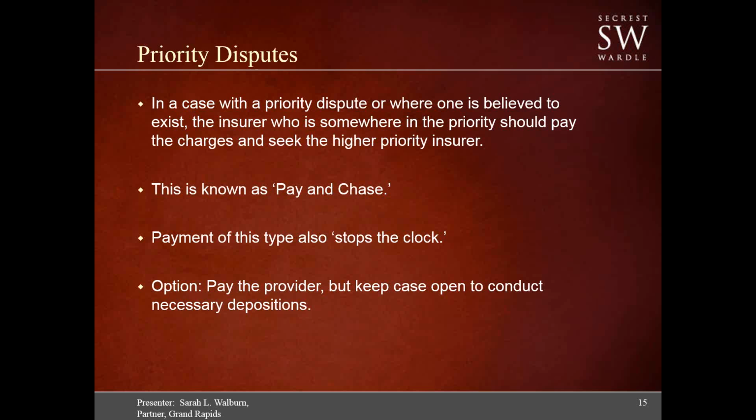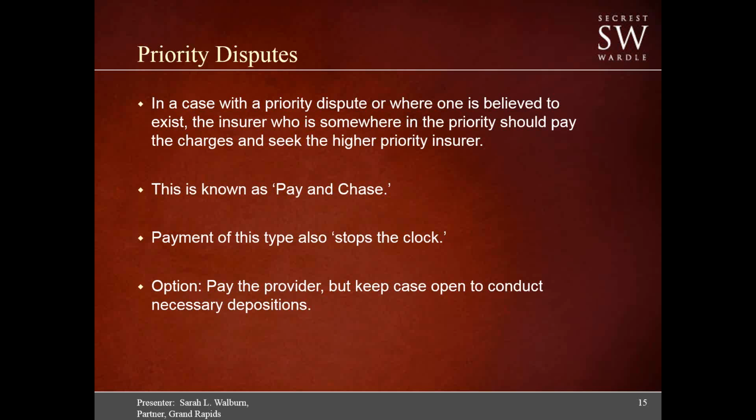Pay just the charges, no attorney's fees, no interest, but we hold the case, we keep the case going, but the provider just doesn't participate. Provider just kind of steps back, we have his release, we have them paid, and we do our necessary depositions so we can have that subpoena power. I depose whomever I need to depose to determine who the higher priority insurer is. But at the same time, we're not incurring attorney's fees and we're not incurring interest for the provider participating in litigation. I find out who my higher priority insurer is, and I third party them in,